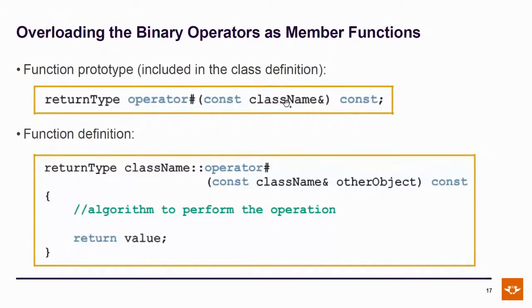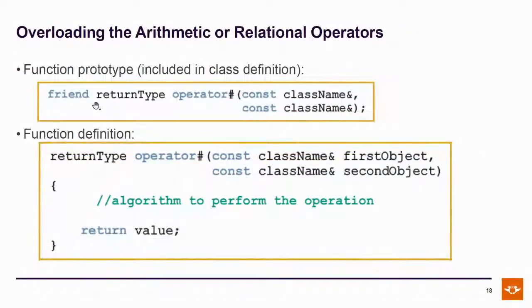It's not necessarily going to be a class, actually. It could be, for example, if I want to add an integer to me and I'm a collection of integers. So it doesn't necessarily have to be a class, and it doesn't necessarily have to be const or reference either. It's just very common that you'll define a bunch of these operators to say how you combine instances of your class. But you can, of course, specify other pre-existing classes as well, and we will. And then in implementation, you just implement it as a member function, fully qualify the name, do whatever you need to do on the inside, and then return whatever value you said. They can be void as well, but mostly they're value returning. I could make an example for void, but they're almost always value returning.